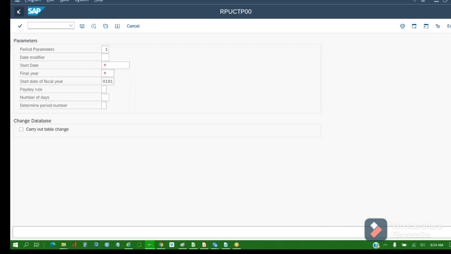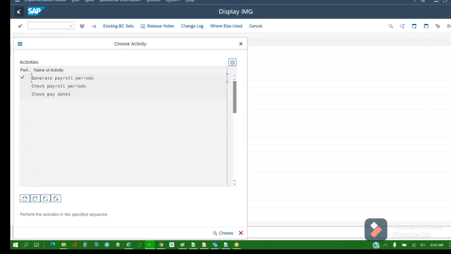So this report helps us to see the data, right? Whatever you are doing is a report. Generating means you are generating a report, right? Okay. So that's the report name. Now, please go to the check payroll periods. One question, we generated a work schedule manually, so there was a report as well, right? No, that we'll talk about later. Technically speaking, that is a report. We have done this, right?